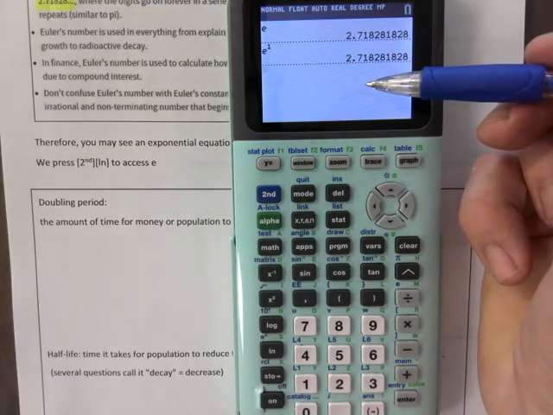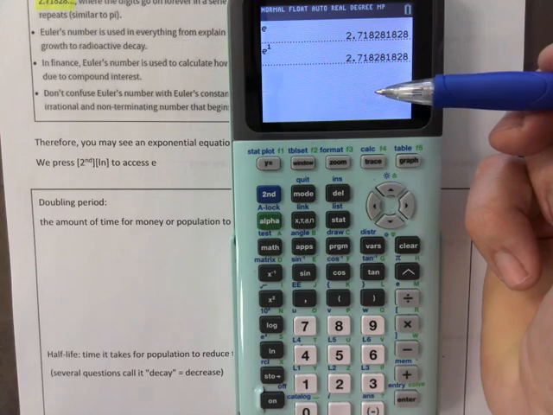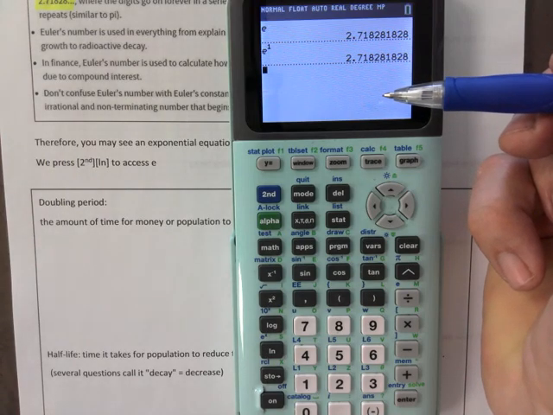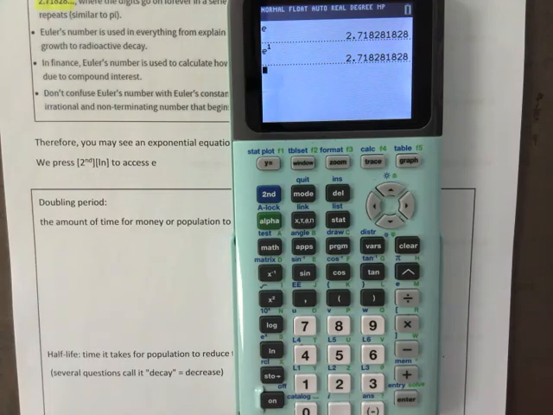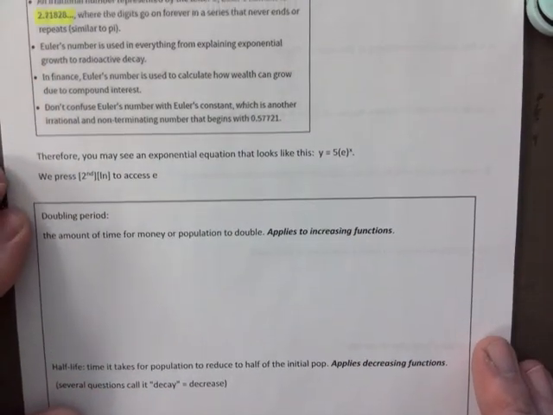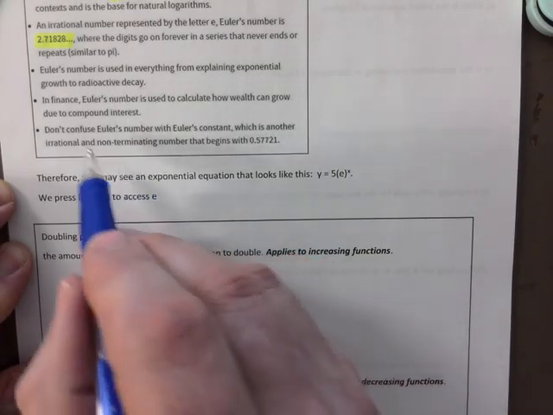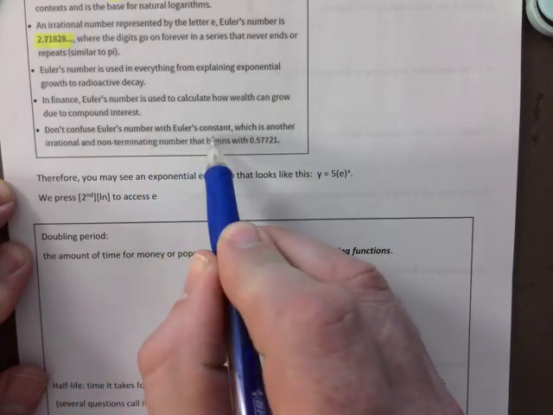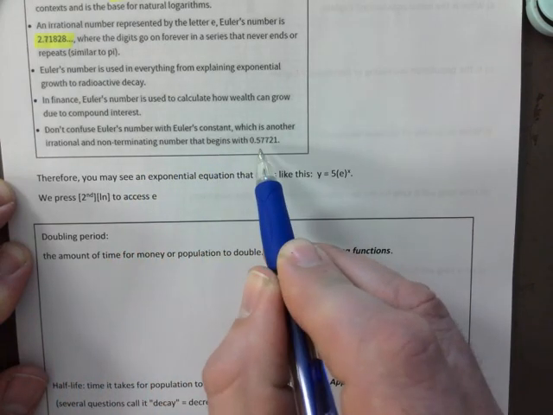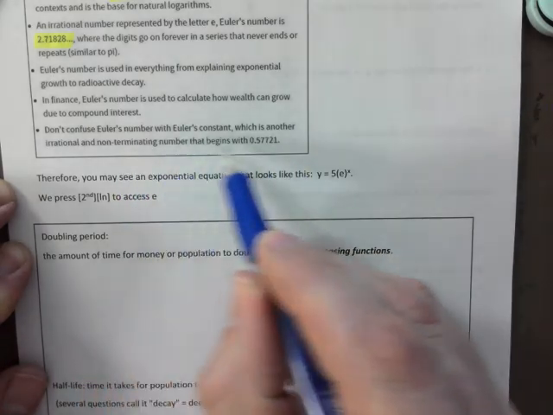It's like pi. Do you ask questions about pi ever? Can I have a piece of pie maybe? But that's about it, right? But pi, we all know, is 3.14156, and it just keeps going, right? Same thing here. It's a constant that is used in population growth and things like that. Do not confuse Euler's number with Euler's constant. Euler's constant is this, so just make sure you don't have that on your study sheet, because it's not going to be an issue. You're not going to have to worry about this